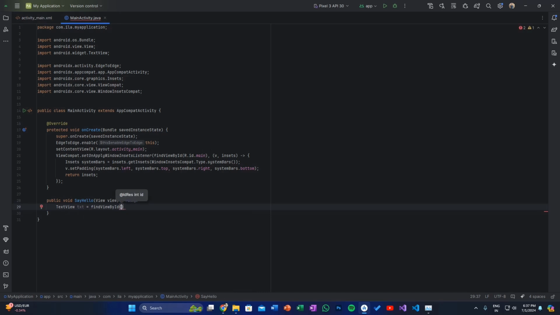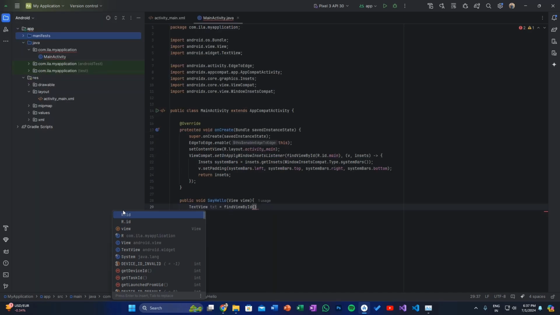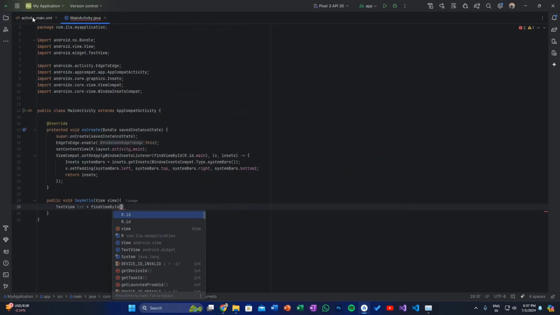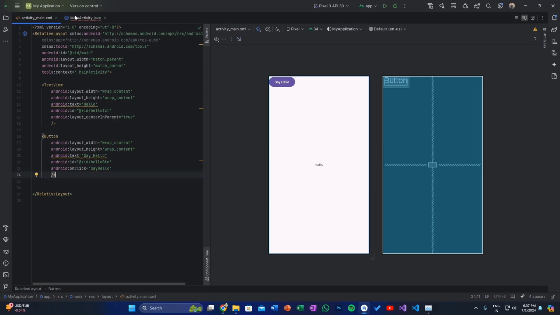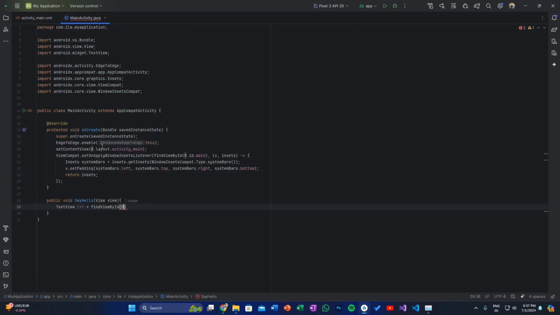So this was the one I was talking about. So after writing the syntax of find view by ID, we have R.id, which is also a syntax. By the way, here R refers to the resources folder, and the ID refers to the ID within our main XML file. So R.id